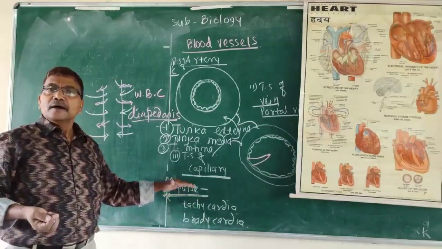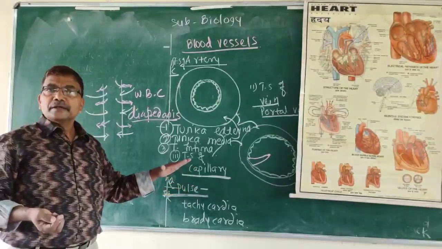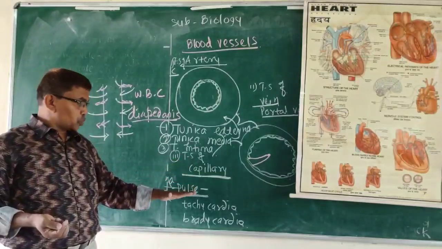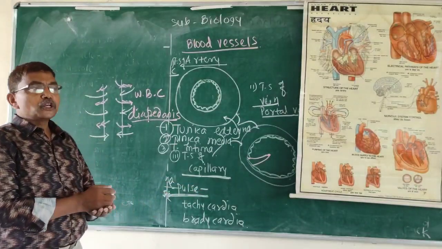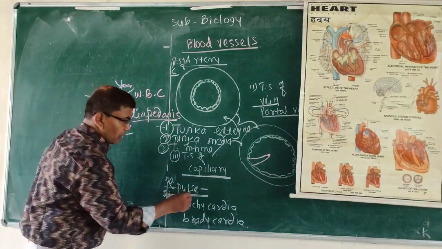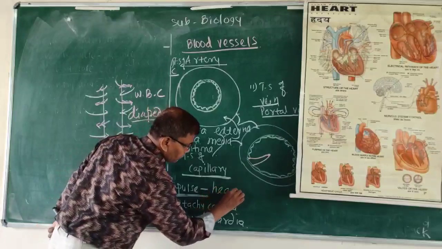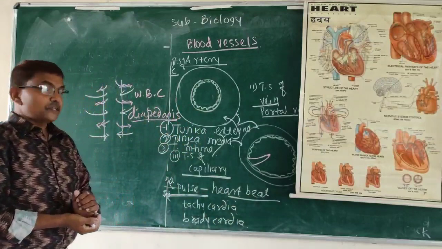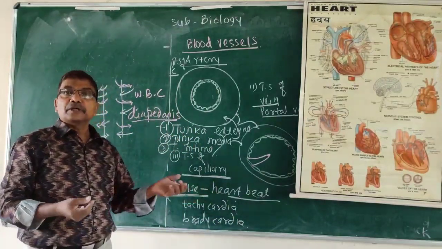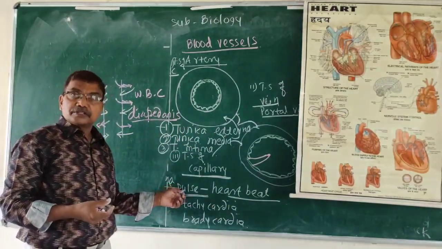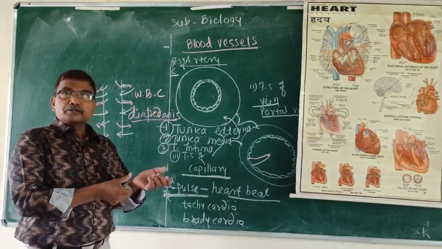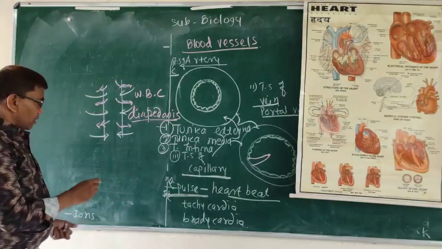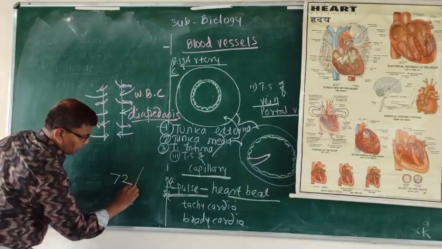Pulse is the blood waves created in the arteries due to the contraction of ventricular systole. These are equal to our heartbeat. Heartbeats are indirectly counted with the help of this pulse. In the wrist region, we can easily count it. The heartbeat is about 72 times per minute